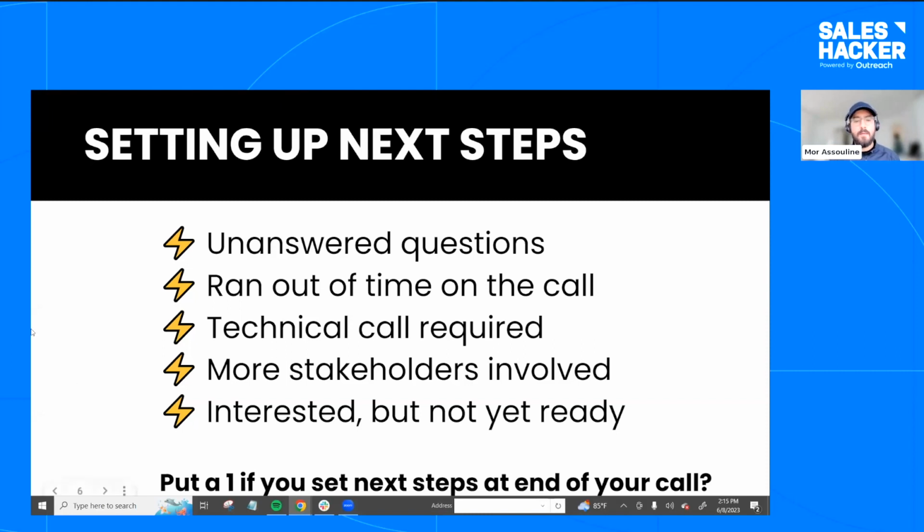The second thing is running out of time on the call. If you notice that you're doing a call, and usually this happens if there are multiple stakeholders on the call, and you're seeing that the demo is being derailed because they're asking a lot of questions, what you can do is interrupt the demo and say something like, and I'll use Frederick because I just saw his name here on the right-hand side,